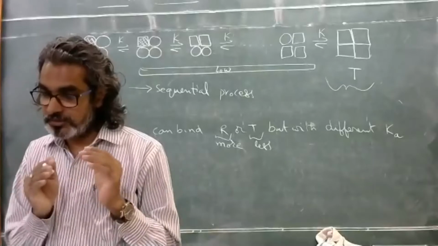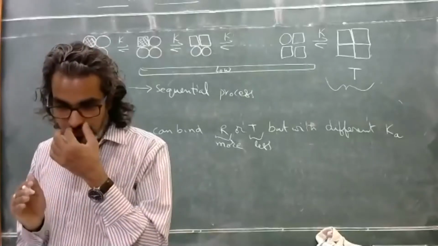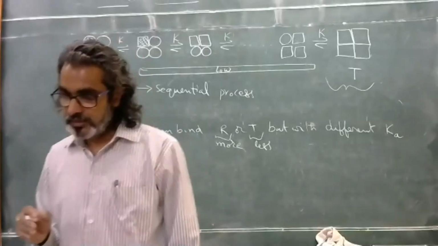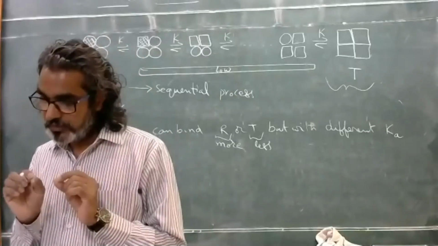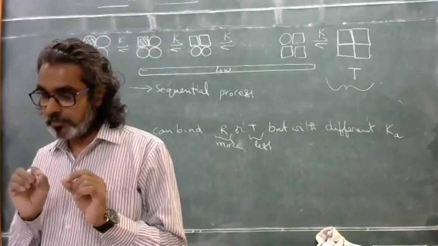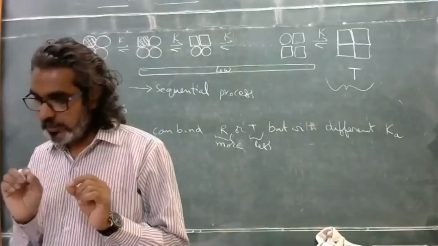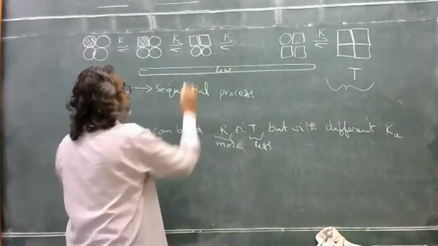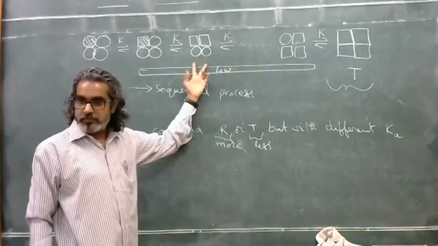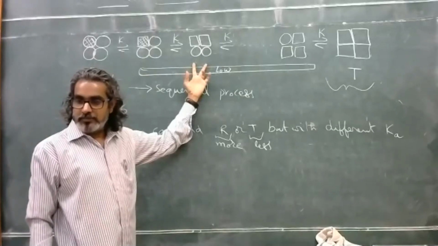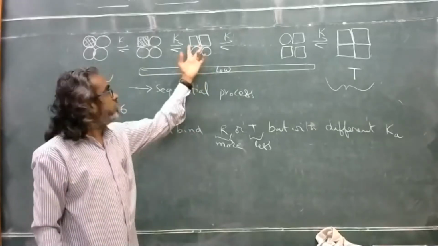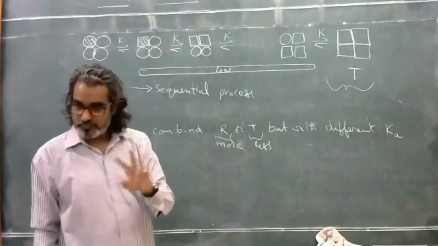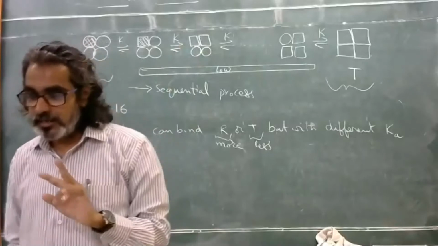You see that already this simplified model itself gives rise to many different possibilities. Including that alpha is different from beta will lead to another problem. And another question you raise, very interesting point: the middle structure which I'm showing here, with two squares and two circles. Now the two can be adjacent to each other or they can be diagonal. So you think that they are different from each other.